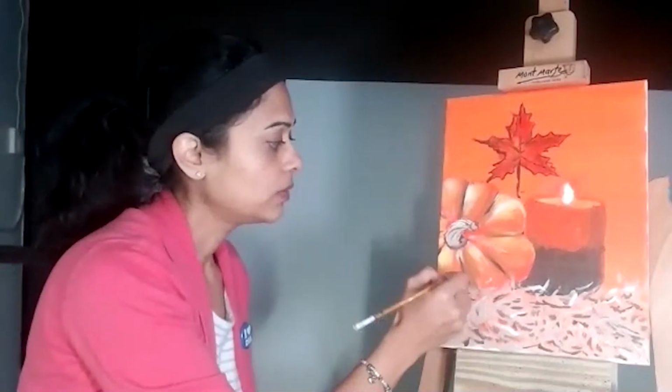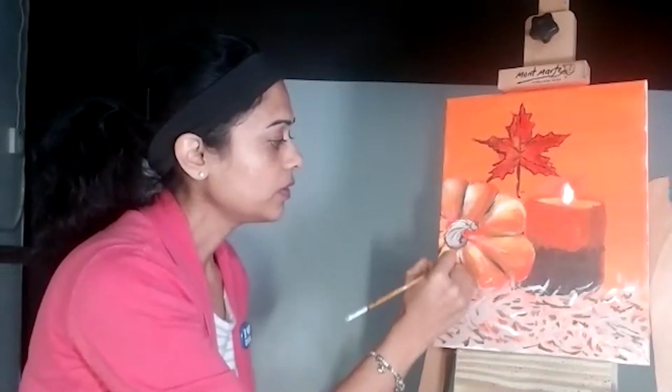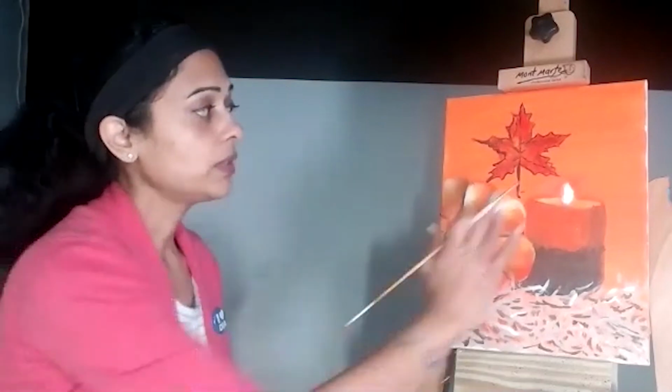And the best thing about this thing is do not forget to put your signature on your masterpiece, because that's the memory you want to create this fall season, right? Okay, so I guess we are almost done. If you want, you can always merge this so it looks like it's a moving flame and it is spreading light all over. I would suggest, since you have color on your palette,